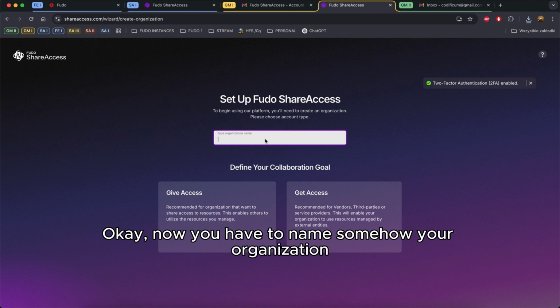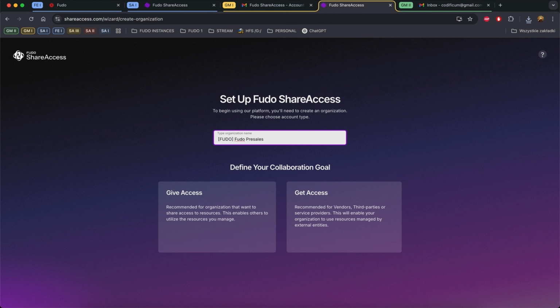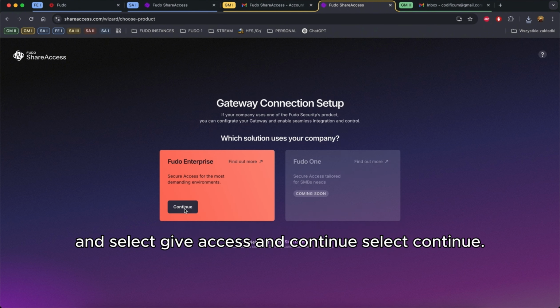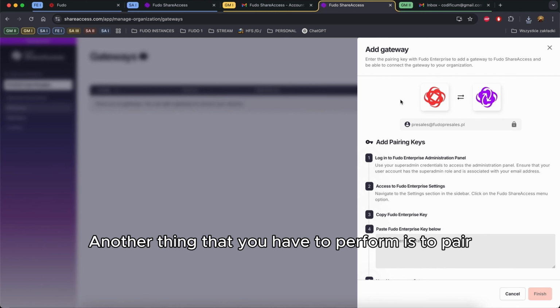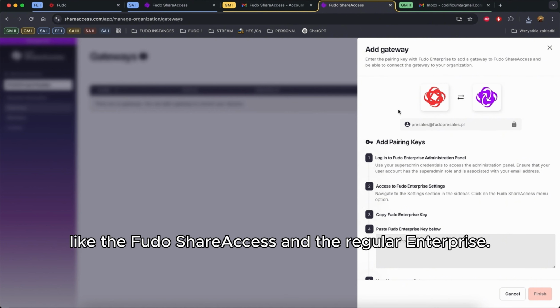Okay, now you have to name your organization somehow. In my case, it's going to be like this. And select give access and continue. Select continue. Another thing that you have to perform is to pair both instances, the Fudo ShareAccess and the